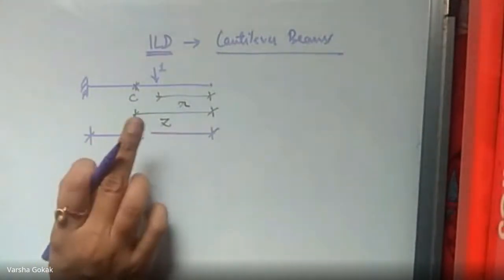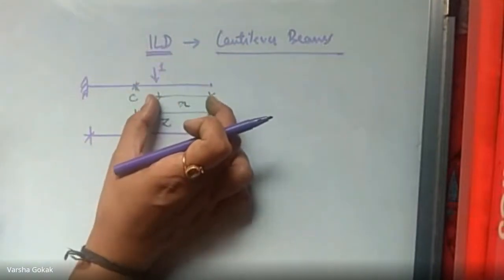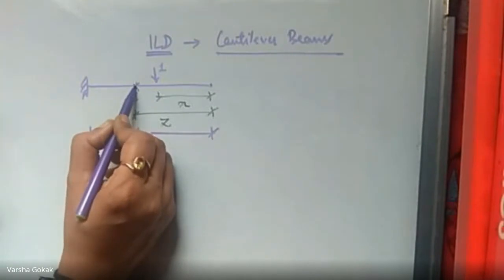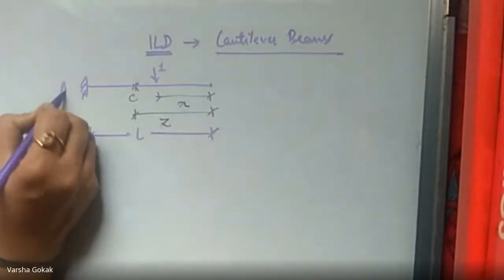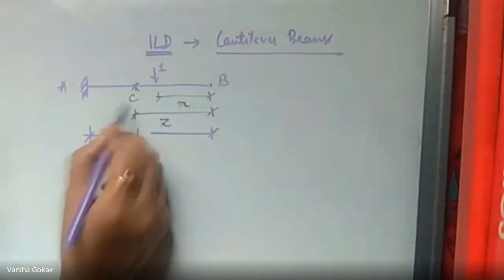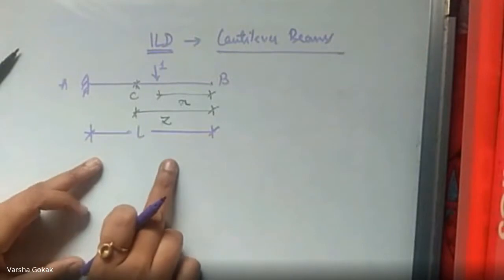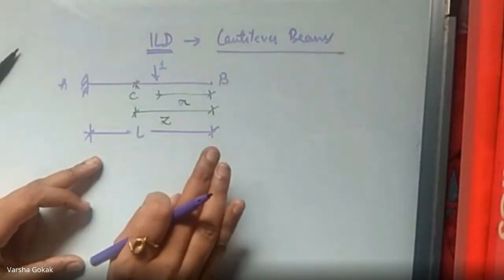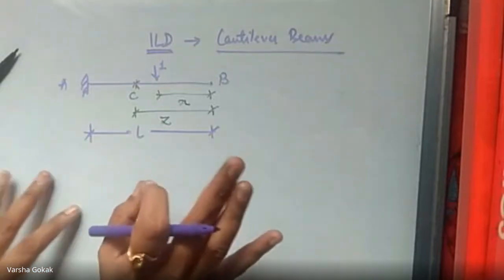Even in a simply supported beam, we have seen wherever the point load is acting, that distance is called X. And the influence line diagram I want to obtain at a point C, that distance would be Z. Then you have A, you have B, and this is your C. When we were doing it for a simply supported beam, I had to find the reactions. But in a cantilever beam, we don't go ahead with reactions. We directly start drawing for shear force and bending moment.